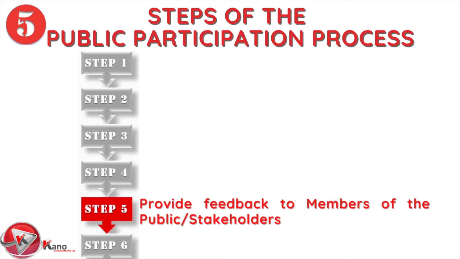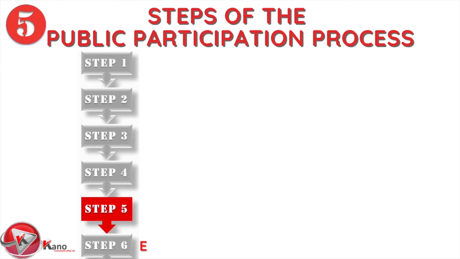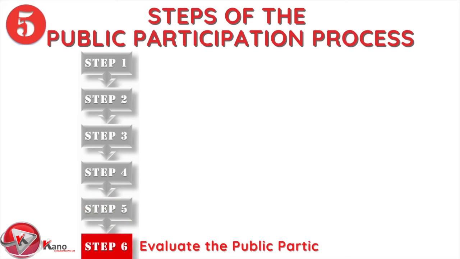By providing such feedback, the department, or municipality, or community leader ensures that there is openness and transparency in the public participation process, which also ensures credibility of the process. This will also ensure that members of the public feel that they are involved in the processes of government decisions and actions. The final stage is for the government department or municipality to review and evaluate the outcomes of the public participation processes and initiatives. Regular reviews will also ensure that challenges and constraints experienced in the process are accordingly and appropriately addressed.